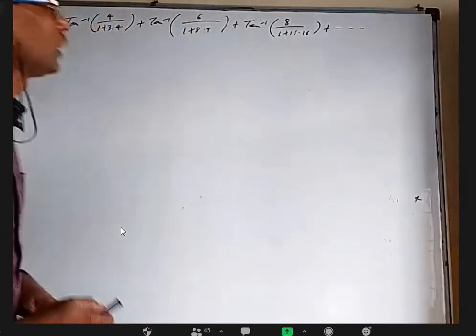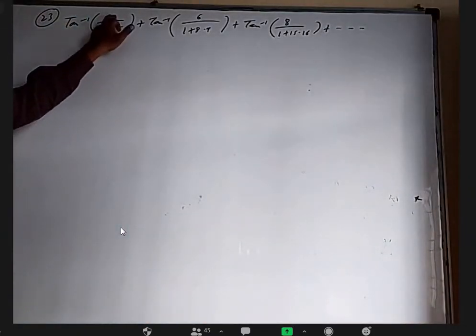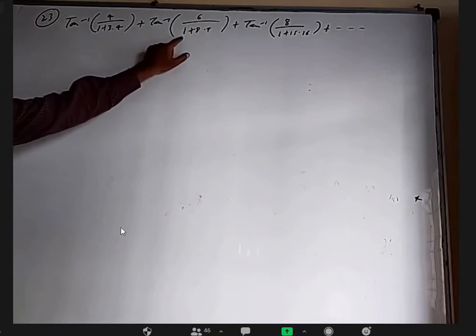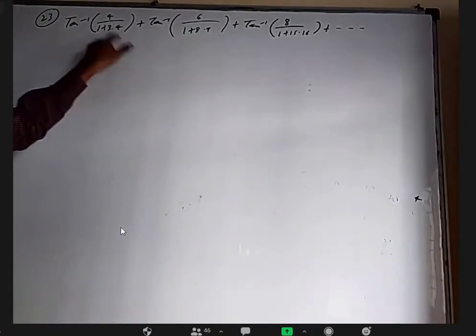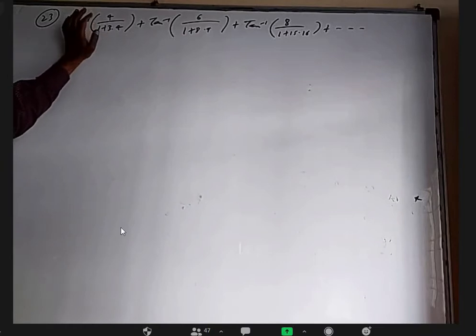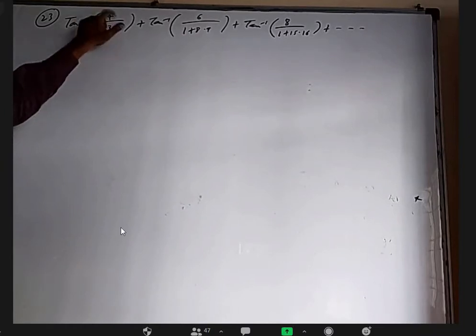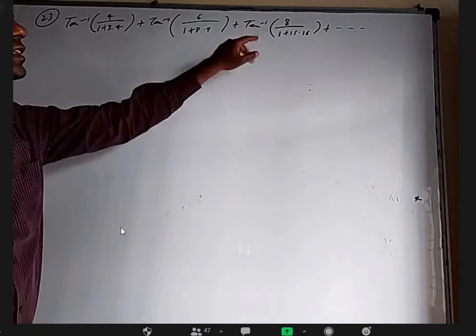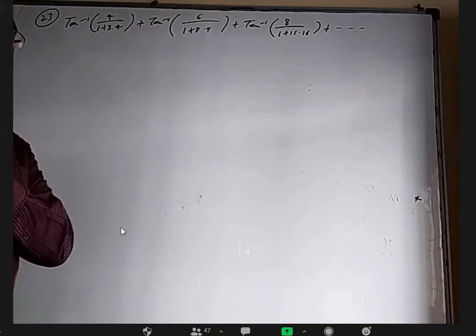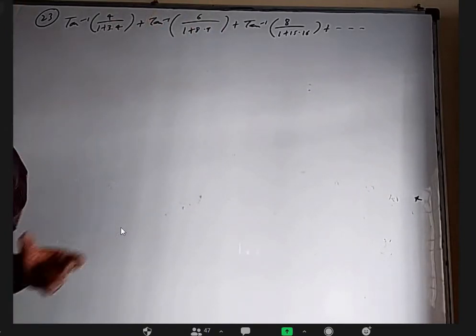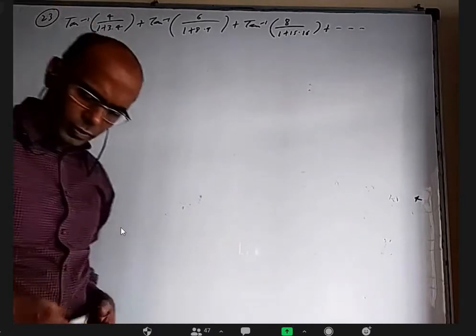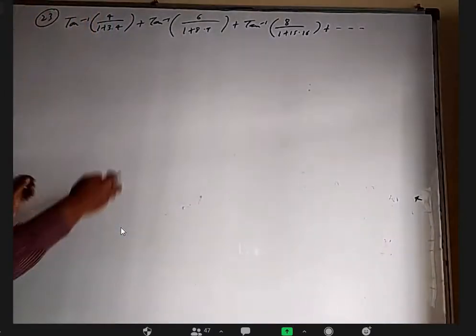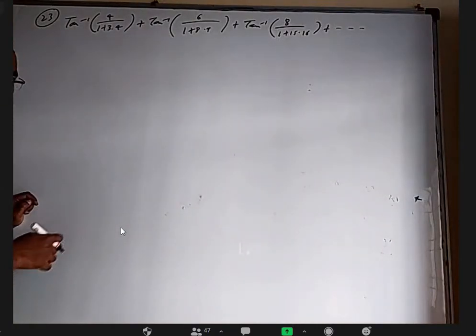Okay. Here 4 minus 3 is 1. The denominator looks like 1 plus ab here, 1 plus ab here, 1 plus ab. But the numerator is not a minus b. 4 minus 3 is not 4, 9 minus 8 is not 6, 16 minus 15 is not 8. So it is not directly in the form of a minus b by 1 plus ab. I guess they should have given some more details. It's okay. Let us find what is the nth term.